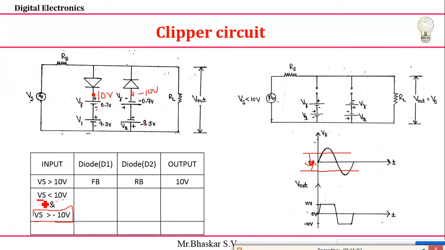What is the condition I given? Vs is less than 10 volts. Yes, less than 10 means maybe it is positive or negative. So anode voltage is less, meaning this potential is less compared to my cathode, because at the cathode you are going to maintain 10 volts. So anode voltage is less compared to my cathode. Then diode D1, is it forward biased or reverse biased? Yes, we take it as reverse bias.